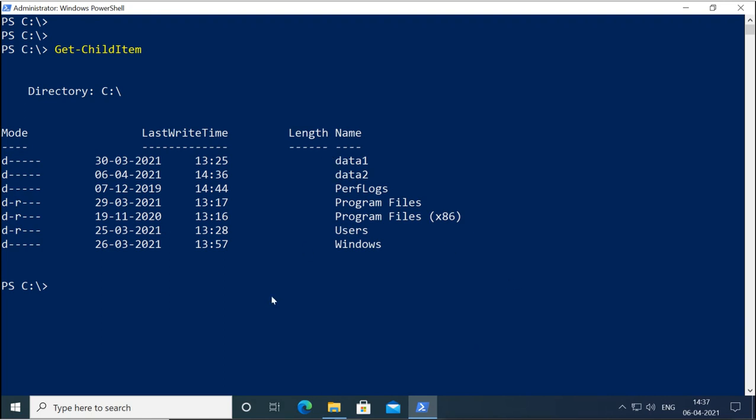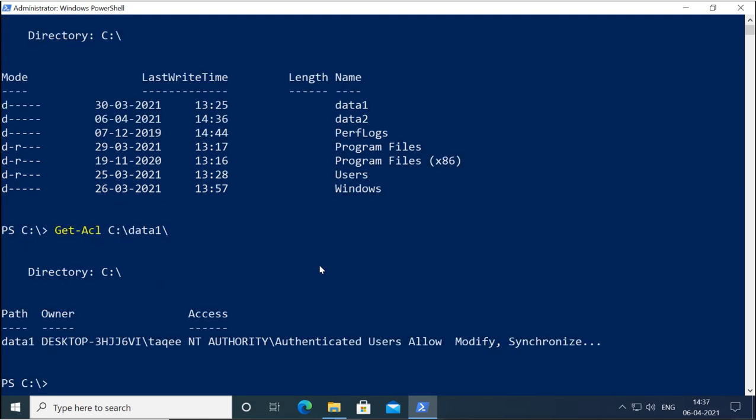If I want to see the permissions of data1, I will use Get-Acl of data1. Now when I press enter, it shows here that this is your data path, this is your directory path, this is the owner of the directory, this user, and access is this NT AUTHORITY.